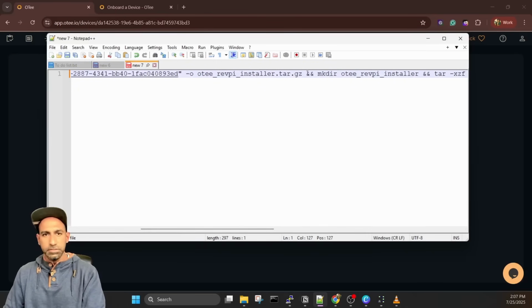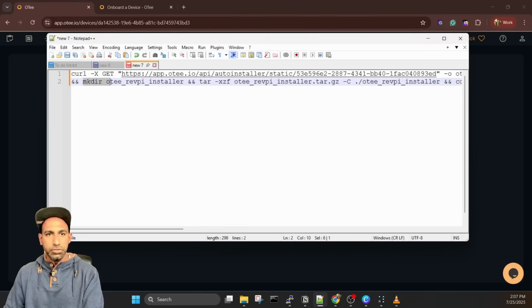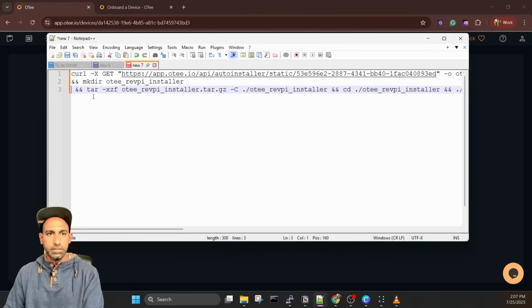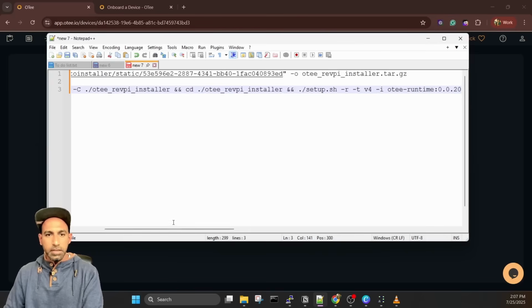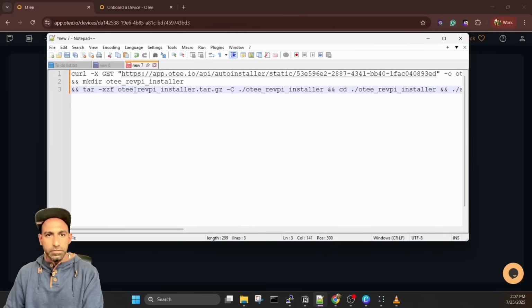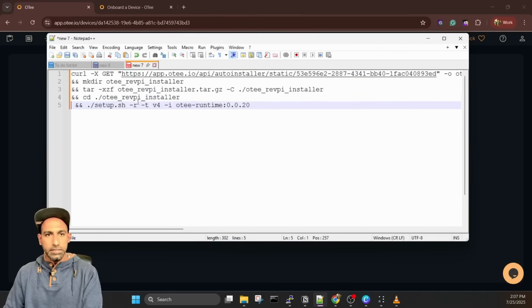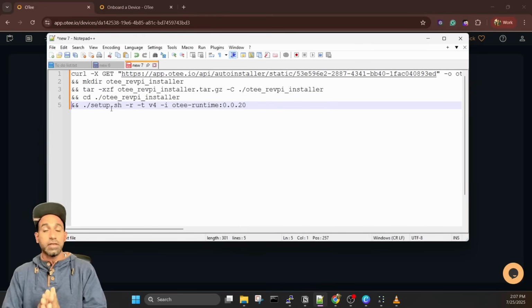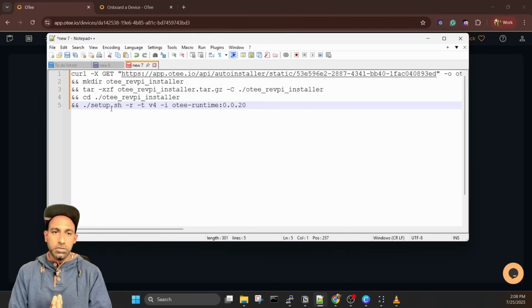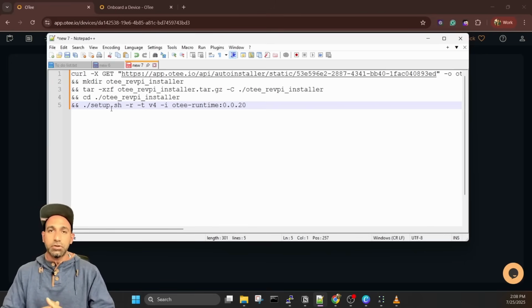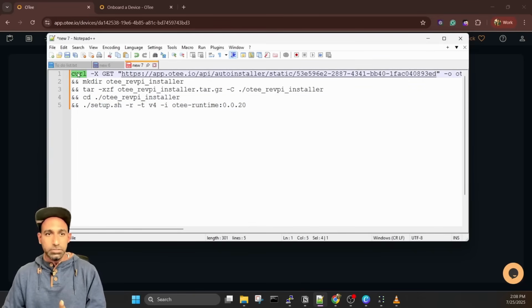And there is an AND command, so I'll just press enter here. And then it's going to make a directory. I press enter here because this is just the AND command. And then it is going to move the file which it downloaded, or extract the content of this file, into this folder. This is the directory which we just created. And finally, we go inside this directory using this command, and then we run setup.sh, which will have a couple of commands to download the images from Docker and run the container, because this is based on Docker containers. Now, before you start running the command, you have to make sure you have curl installed, you have tar installed,